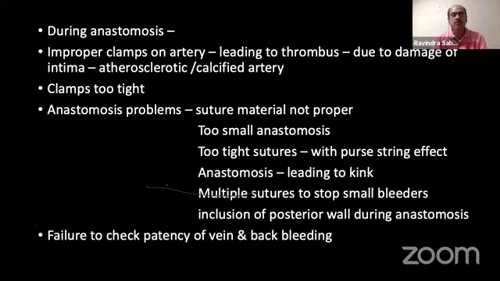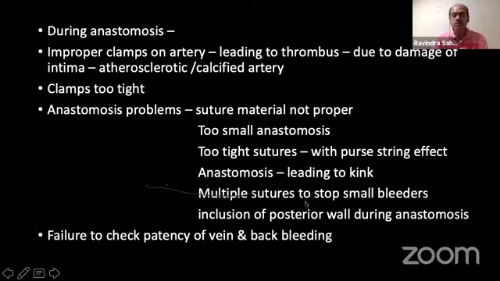Then too small an anastomosis. Now it all depends on what is the pulsation, what is the size of the artery, because you need to have an adequate flow for the fistula, for the vein to get arterialized. If you don't do a proper anastomosis, usually about 9 millimeter to 1 centimeter length of the anastomosis is required. But if you make a small anastomosis, sufficient flow is not there, which can cause failure. Too tight sutures. Now, if you do anastomosis and make it too tight, then it can cause a pursing effect, and that can cause relative obstruction to the flow, leading to a thrombosis.